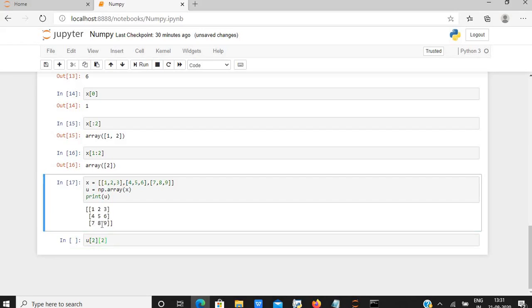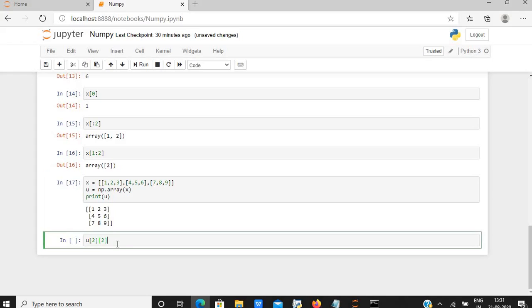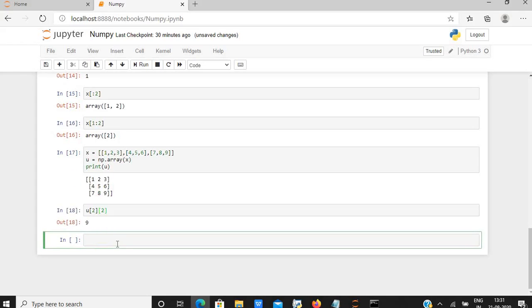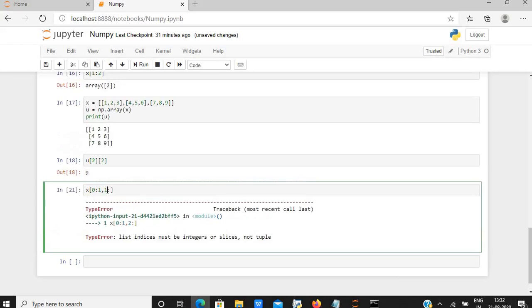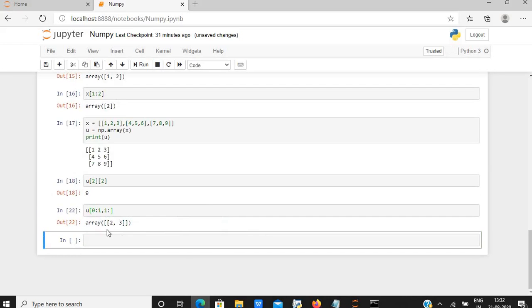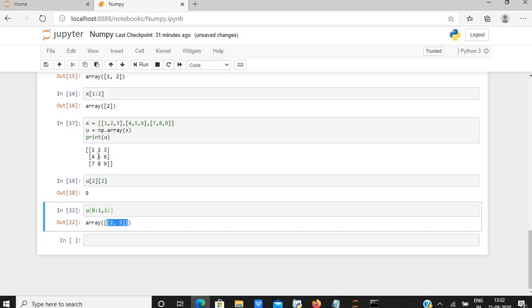So index 2 cross 2 is 9. Let us run this and check. It's 9. In a similar manner, we can get a particular range, for example u[0:2, 1:]. Let us run this. Oops, I just made a mistake. Yes. As you can see, we can get 2 and 3.